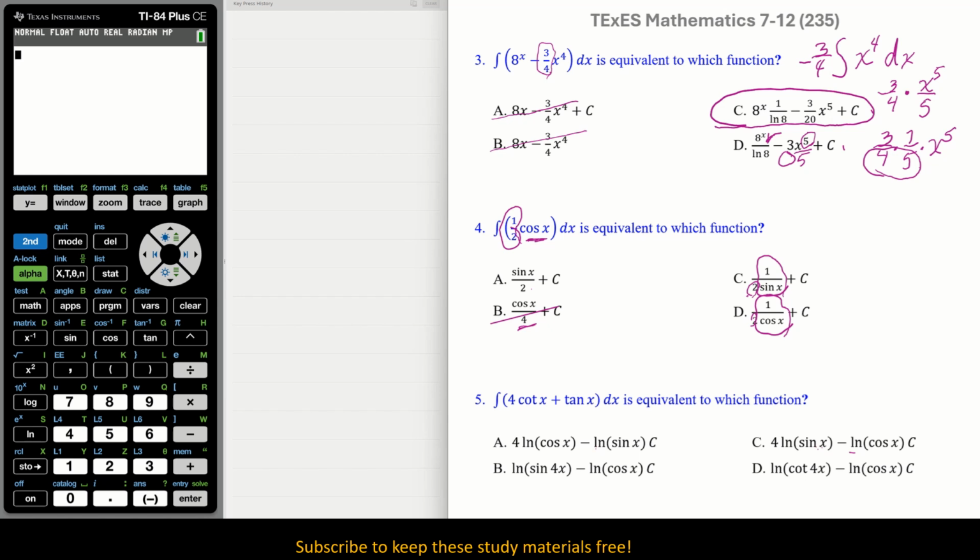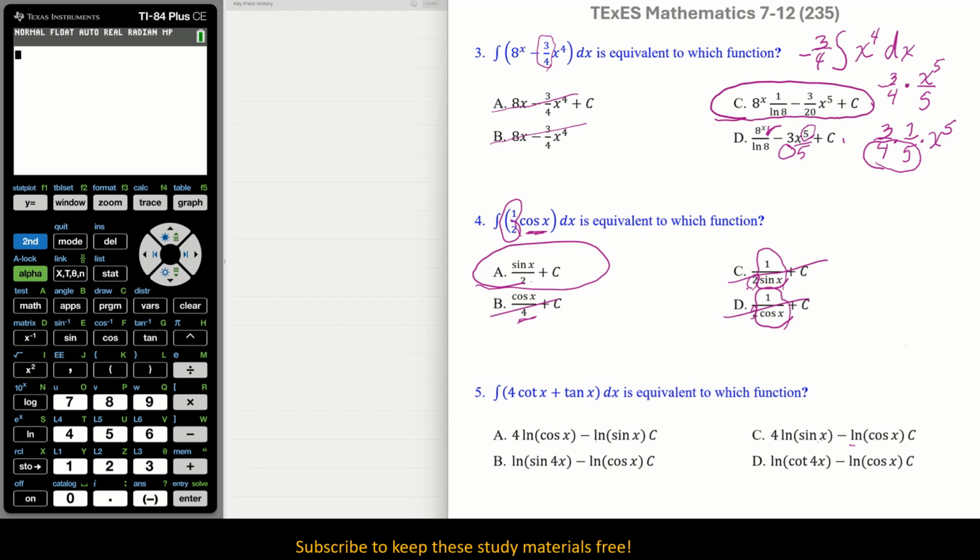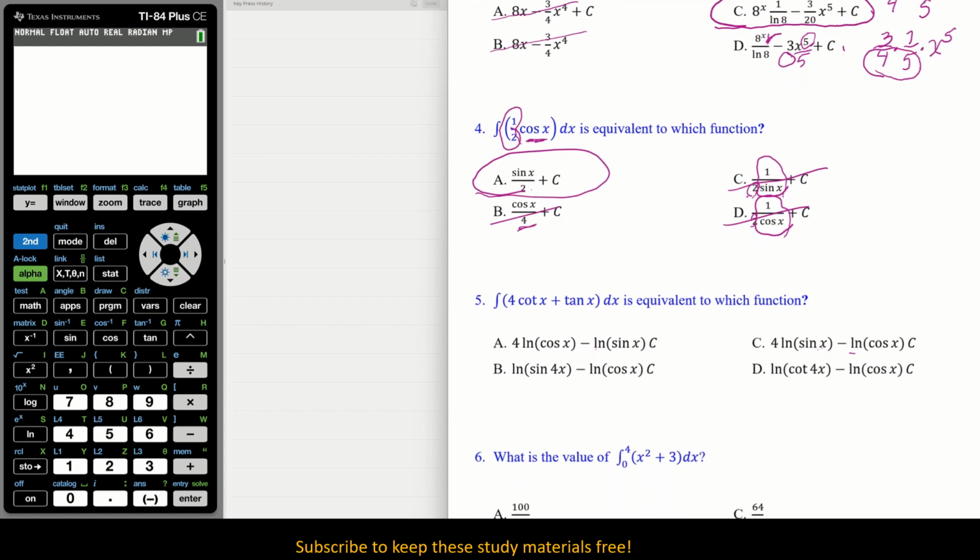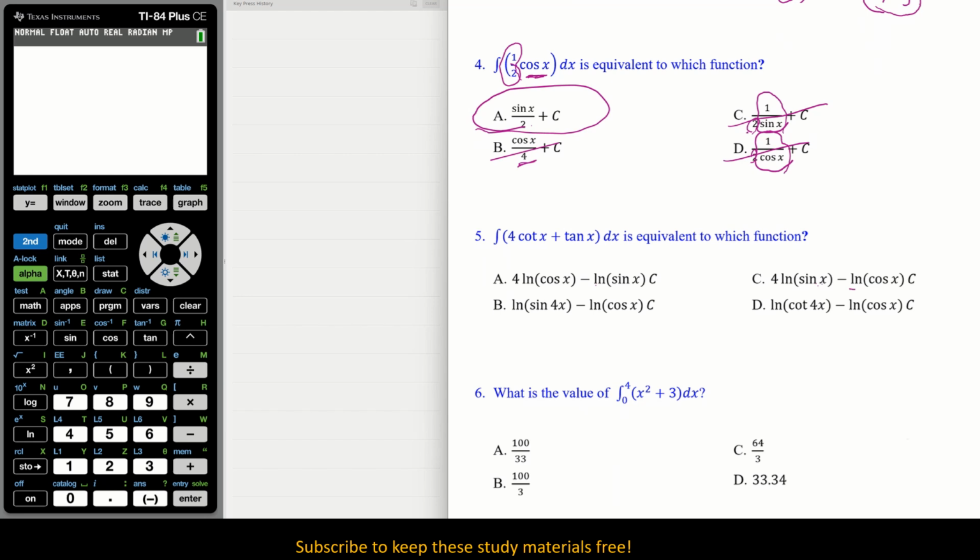That's a whole other integration situation, whole other trig identities, simplifying. So they just kind of pulled that out and stuck it in. It doesn't make sense in this context. So naturally those won't work. So the only option that actually works and makes sense and follows the rules is option A. Okay? All right. Now let's go to